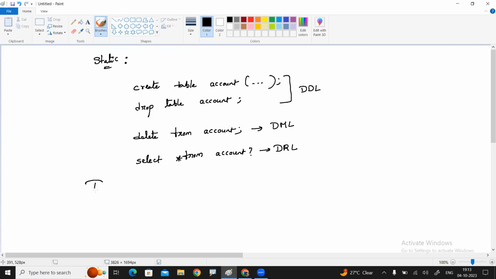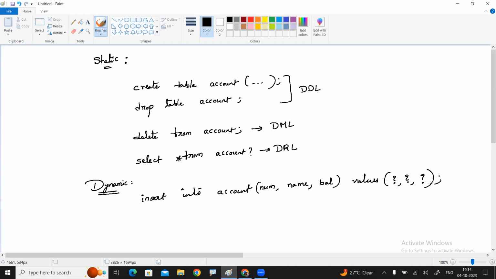Sir, what are the dynamic queries? Dynamic queries means, suppose I want to insert into account: account number, account holder name, balance in account, values. But sir, what are the values? We don't know. Question marks.